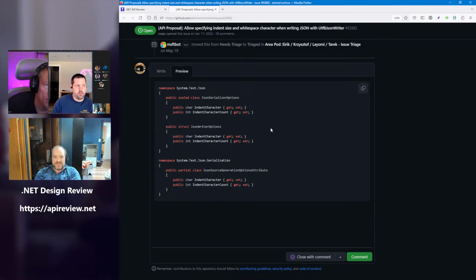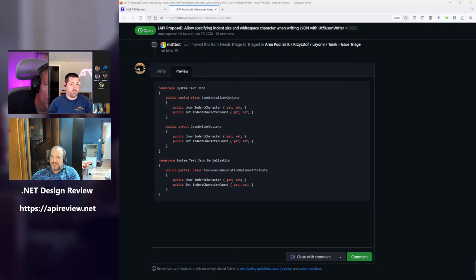Well, does setting the indent character to something automatically set right indented to true? I hope not, because setting a property is not supposed to change another property. Yeah, because it sounds like you would actually set these three properties together. So presumably you would want them named clustered together, right? So you want right indent character count? Maybe. It's verbose, but at least they're together. And it makes it clear to callers that these three things are tightly coupled.